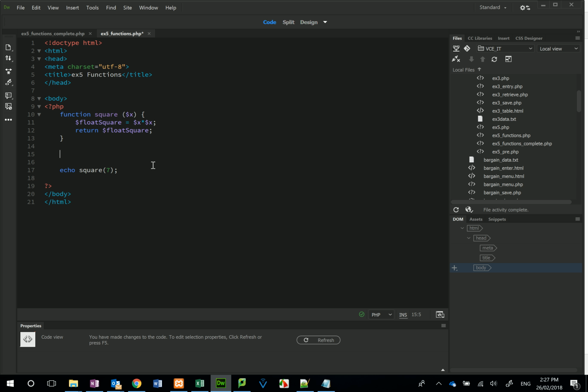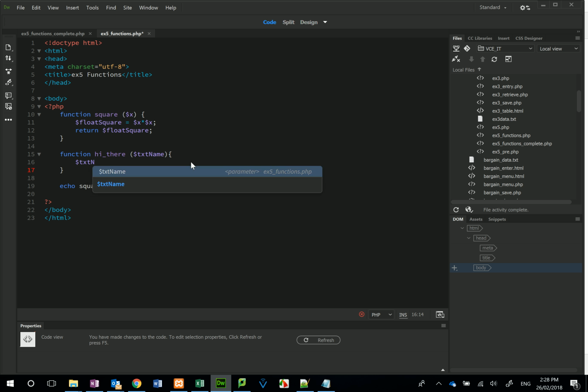All right. I'm going to create another function. My function is going to be called hi_there. There's an underline in there. And hi_there requires a text variable called name. And my hi_there is just going to create a new piece of text. So I'm going to call it text new. And it's going to equal